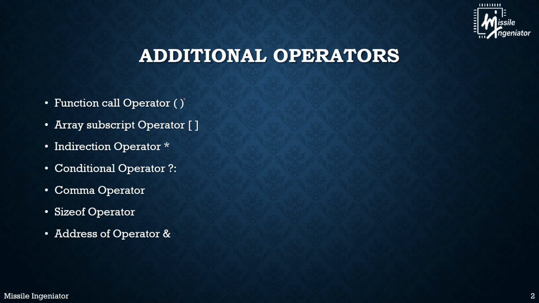The first thing is the function call operator. It's basically whenever we declare any function, even a main function. I have given a simple C program in one of my lecture videos, where we declare int main, where the function starts and where the program actually starts execution. So this represents the function call.